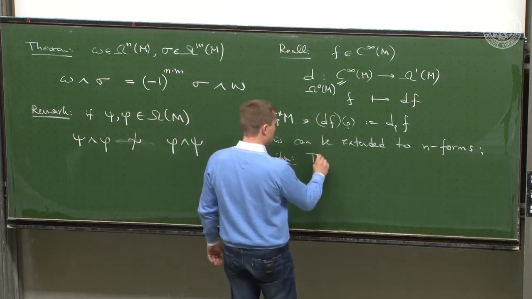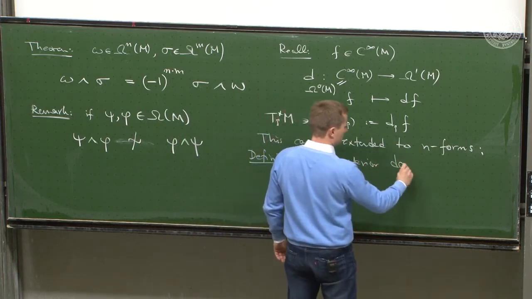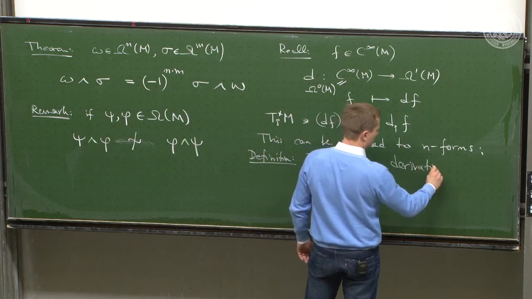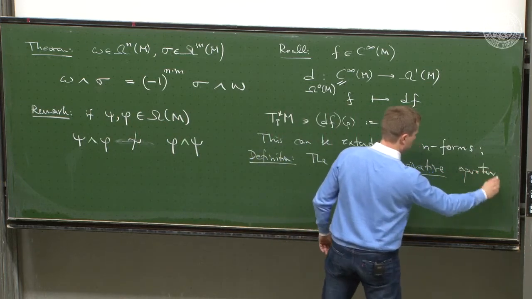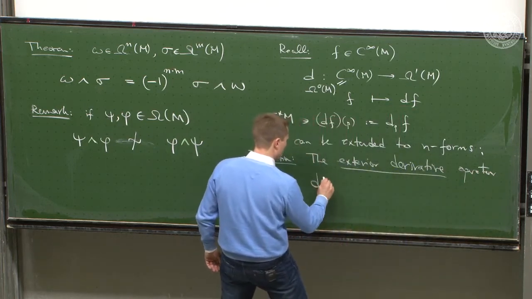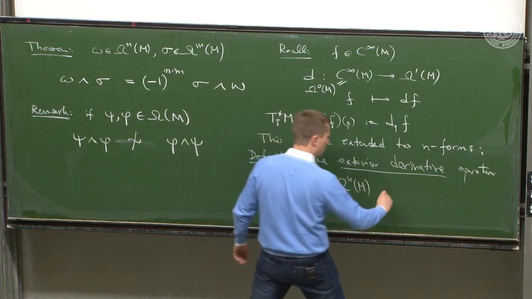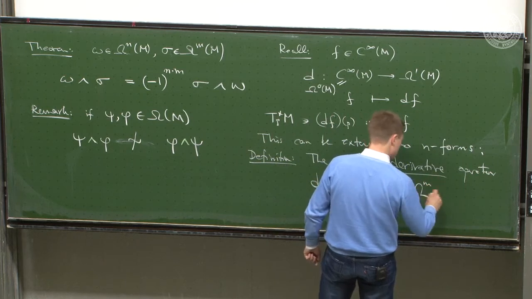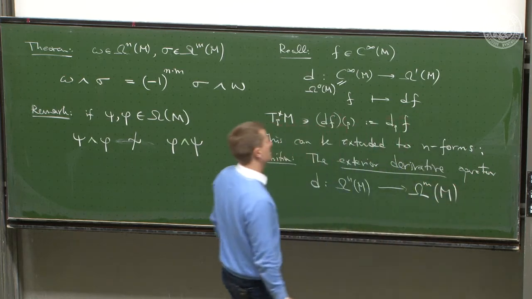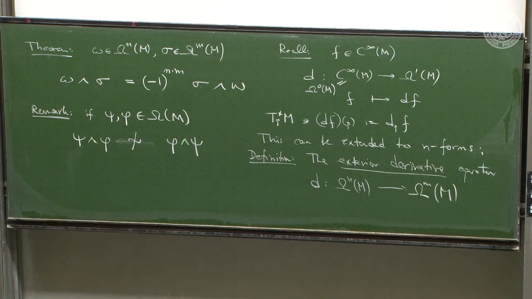The exterior derivative operator, d, takes an n-form on M and sends it to an (n+1)-form over M, and it does so by virtue of the following definition,